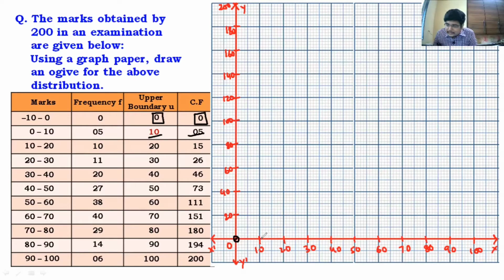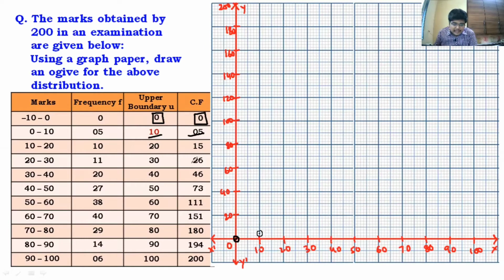So on the x-axis, this is 10. See, between 0 and 20, this is 20, so this will be 10. Half of 20 is 10, and half of 10 is 5. So exactly between 0 and 10, here we will get the first value. This is 5. So here we have plotted the first value, guys, 10, 5. I'll just make this a little more proper. Yeah, so this is 10, 5.